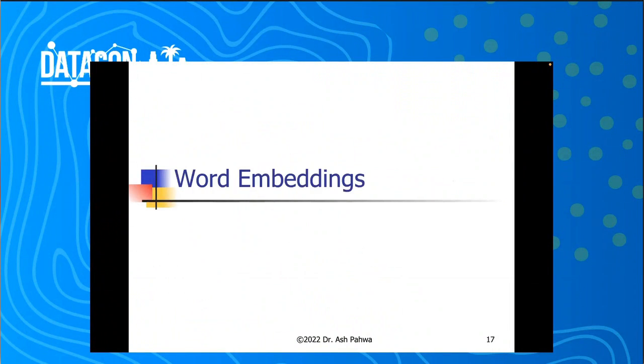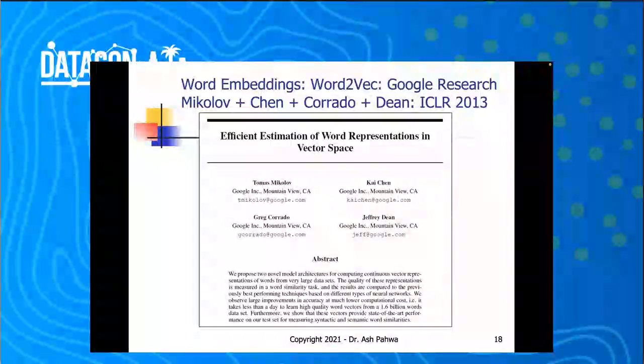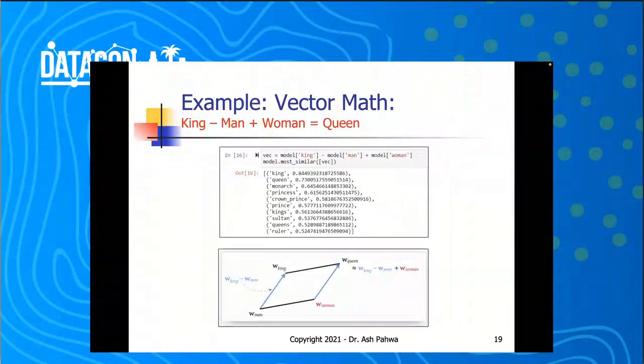So now let us look into word embeddings. Word embeddings were produced by Tomas Mikolov. Some of you might have heard about him; he's a very, very famous guy. He started word2vec. So what's so crazy about converting every word into floating point numbers? Because now we can do this kind of math. Some of you might have heard about this example.